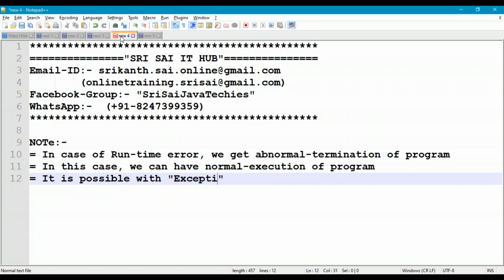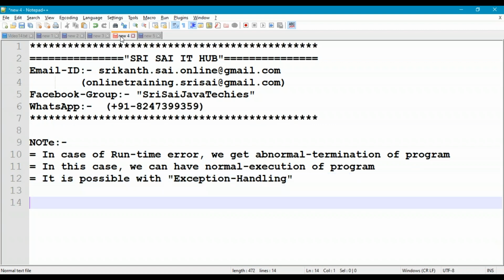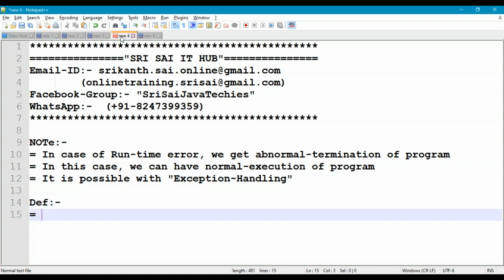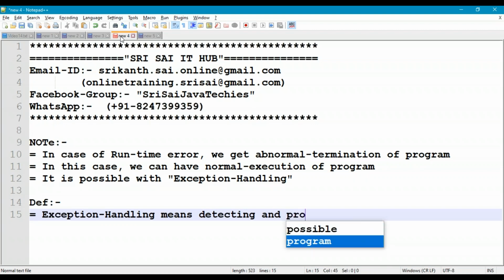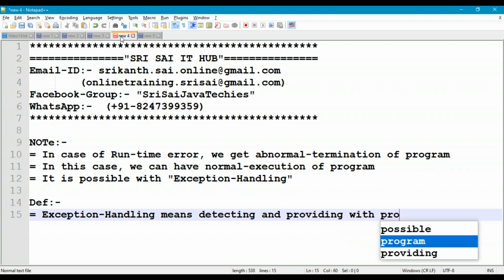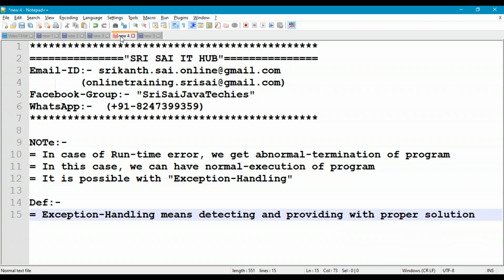Okay, so exception handling. So what is this exception handling? So the definition goes like this. Exception handling means detecting and providing with proper solution for runtime errors during execution time.